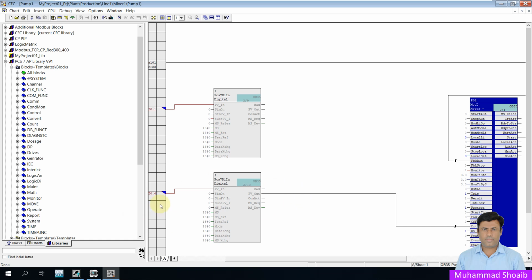So what we did till now: we added the MCCB off signal through the channel driver, and after that we went into the block property, and then we renamed our event name. Now